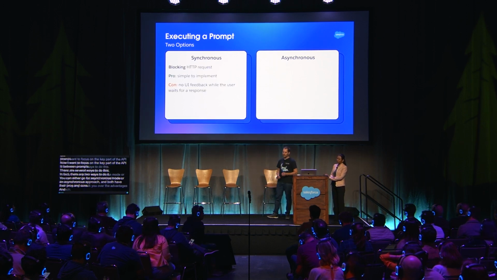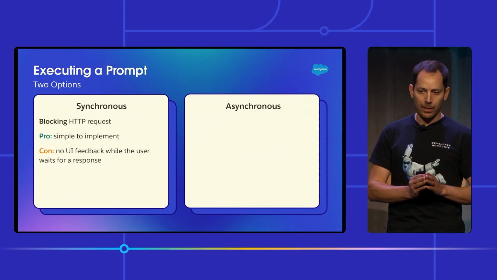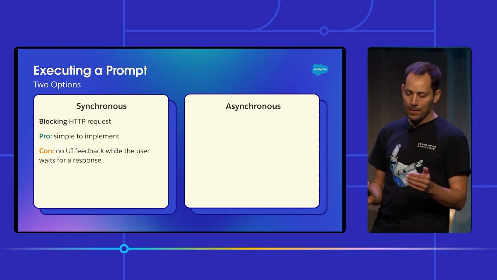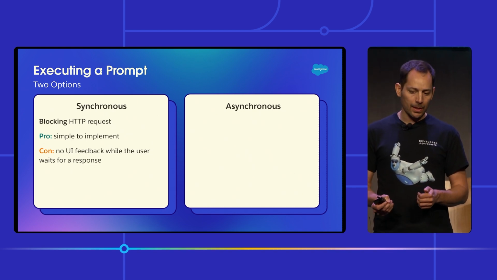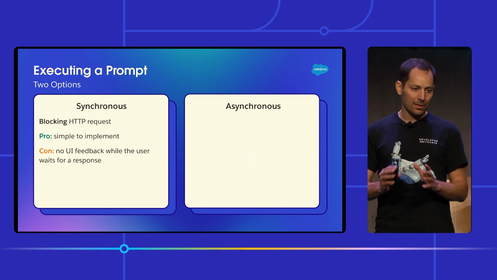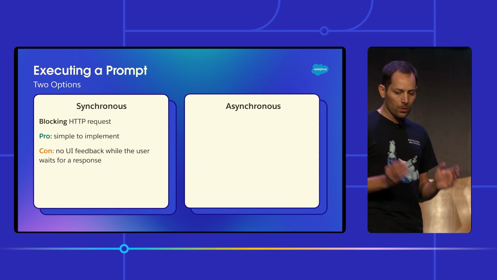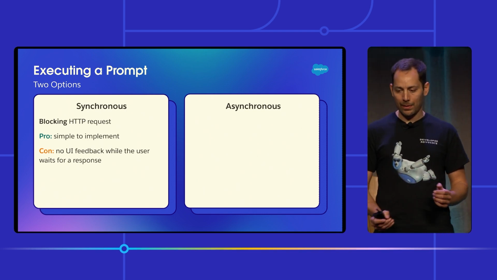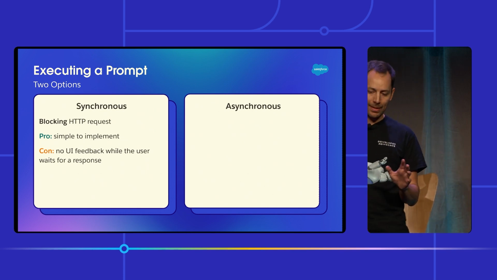Let's start first with the synchronous mode. The synchronous mode is very simple. It's a long-lived HTTP connection that you start with your prompt and you receive a response back. Now, the problem with this kind of approach is that it can take a lot of time to get a response back. Typically, you're talking about tens of seconds by the time you send your prompt and get your result back. And if you want to use this in the context of a user interface, that's not going to play very well because you're going to be freezing your user interface while you wait for a response. So it's definitely not recommended to use in a UI context.